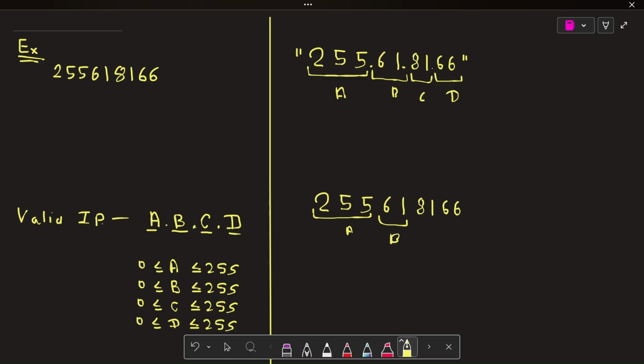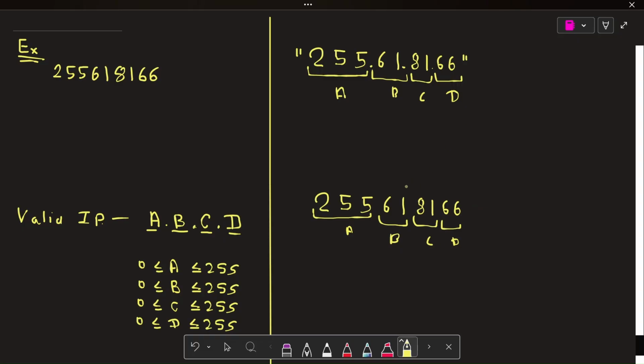So this is our B. Next, I want the third one like this, but it's also not possible because 816 is not in the range of 0 till 255. So we have to choose this one only. In the same way, remaining will be our C and D.